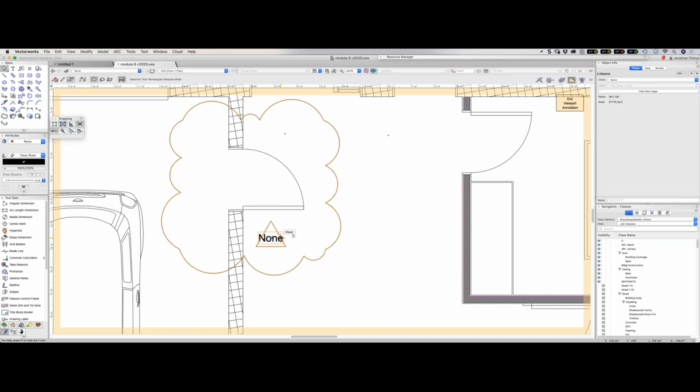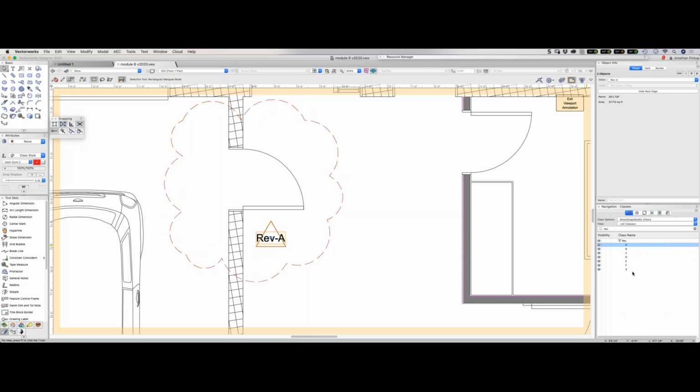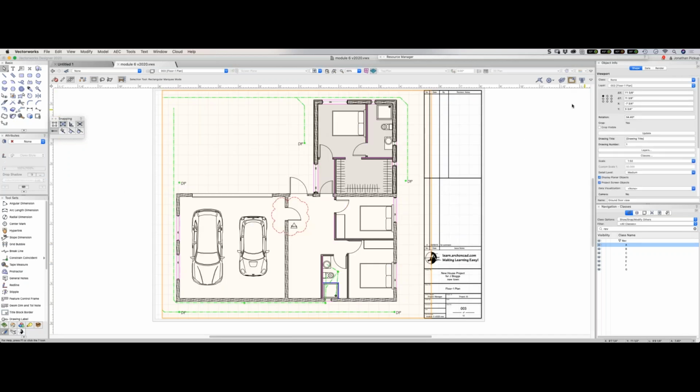And what I'm going to do is assign those to a revision. So I'm going to type rev in here. And you can see I've got a series of classes for my revisions. So this is revision A, and we're going to right click and assign to selection. So you'll now notice that my revision tag has changed to revision A. And that means that it's going to appear as revision A, and I need to get rid of, I thought I'd gotten rid of it here, but I'll fix that in a second. So that's now connected to that part,